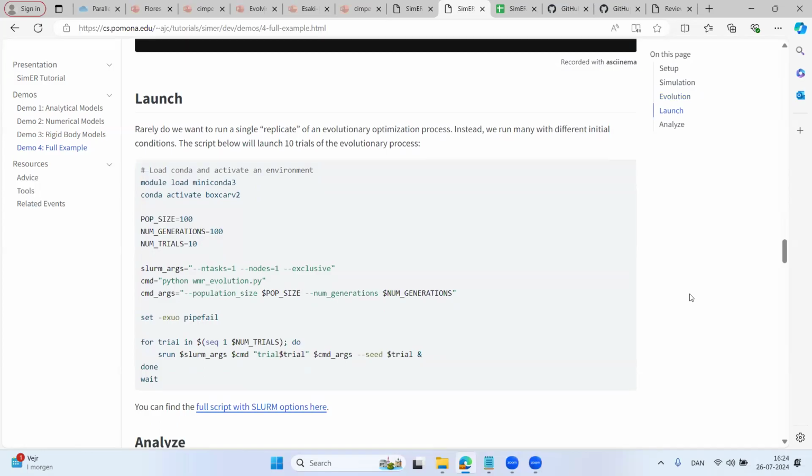All right, maybe more useful are these kinds of details. This is a simple way, if you're using a system like I am, to launch multiple replicate experiments. Let's say I chose a population of 100, 100 generations for each population, and 10 trials, 10 replicates, 10 repeated experiments just seeded with different random values. This is one way that I could launch that task. I'm using something called Slurm, which will manage this all behind the scenes and make sure I'm not abusing my hardware.